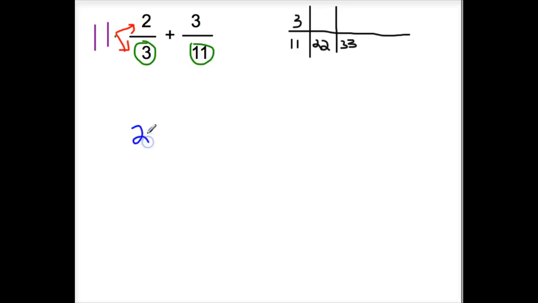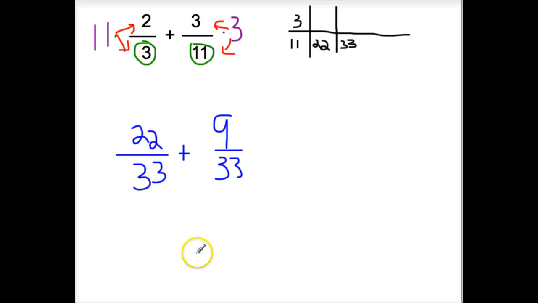So I'm going to have 22 over 33. And I'm going to add it to this fraction, which to make it the denominator 33, I have to multiply everything times 3. So I'm going to go 3 times 3 and 3 times 11. And I'm going to get 9 over